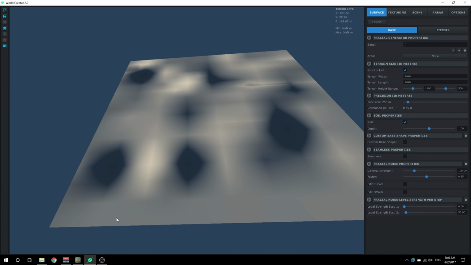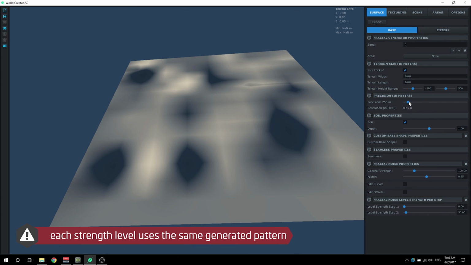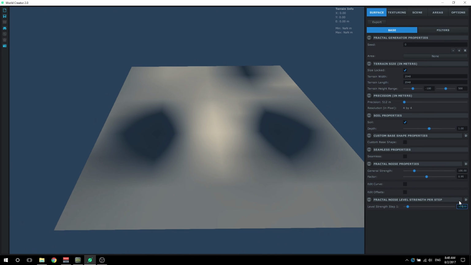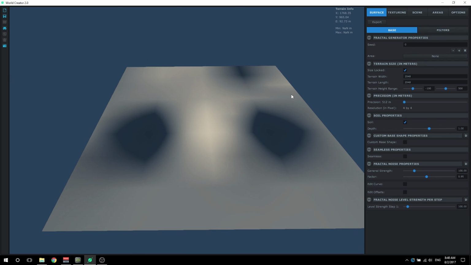What does this piece right here almost look like? Well, it looks like the same step as level 1 at 100. Let me go back just to show you exactly what that did again. So let's drop the precision and increase this to 100. Now you see this image? Keep this image in your mind, and we're going to increase the